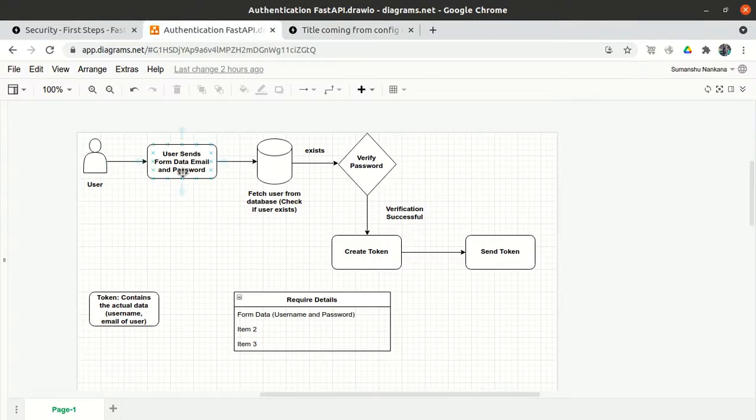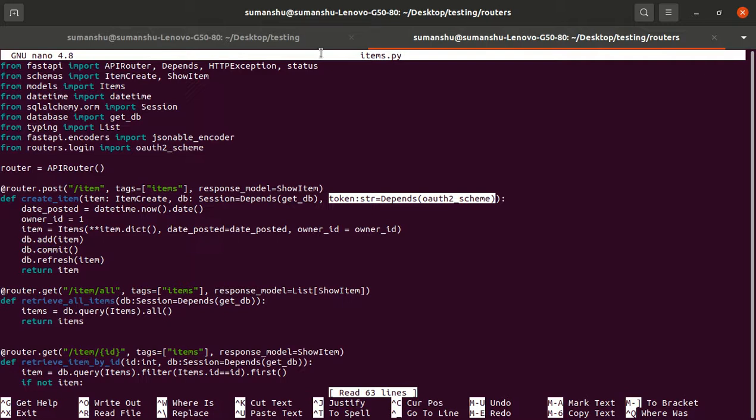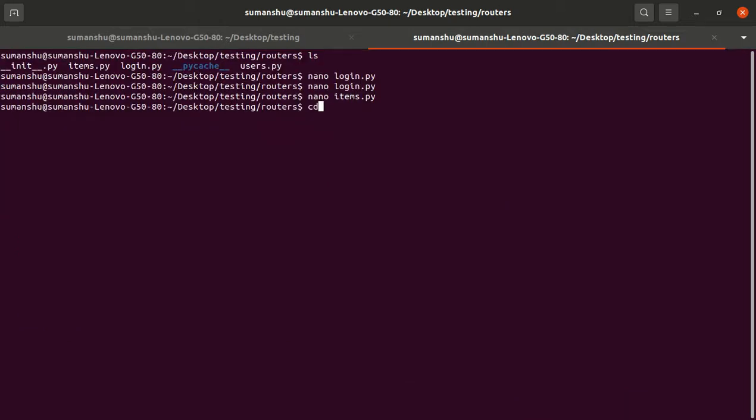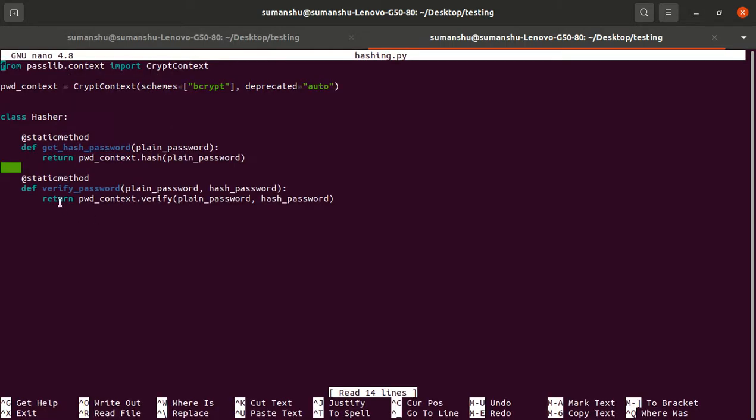The user is sending the form data, the email and password. In the next video we will see how to verify the user, whether the email ID exists, and how to verify the password. For verifying the password, we already created a function. Let me show you, nano hashing.py. We are using the Passlib module and storing the password in the form of a hash, so we have to verify it.